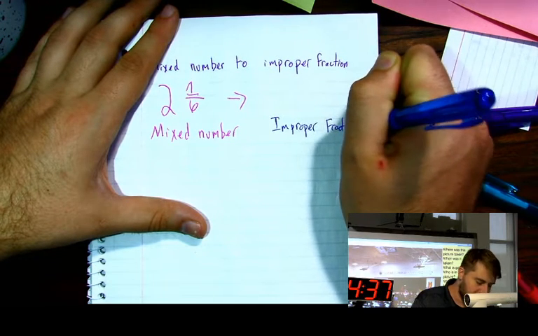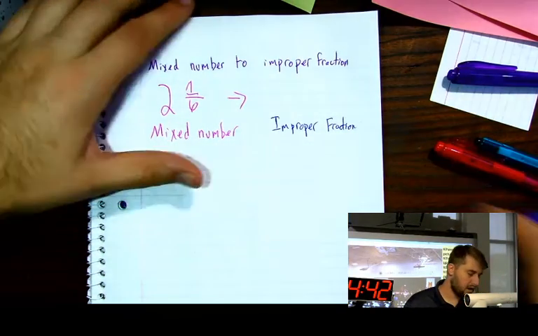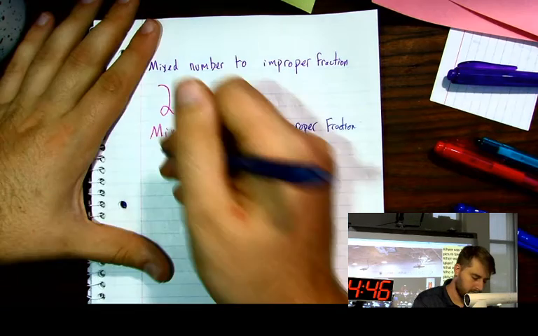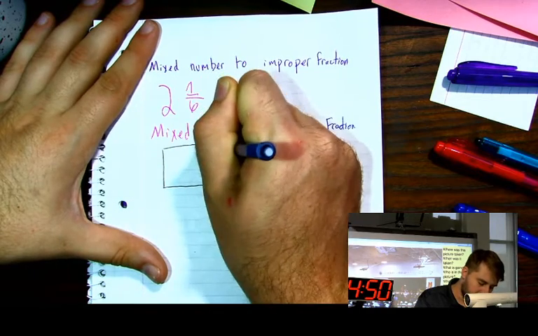As we start this, I want us to illustrate this fraction. So we're going to take our 2 and 1/6, and that means we're going to have 2 whole boxes,